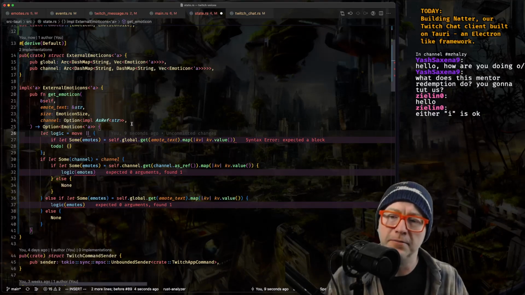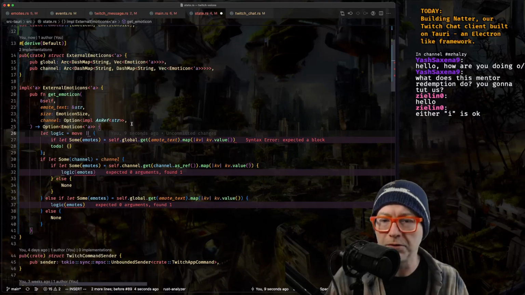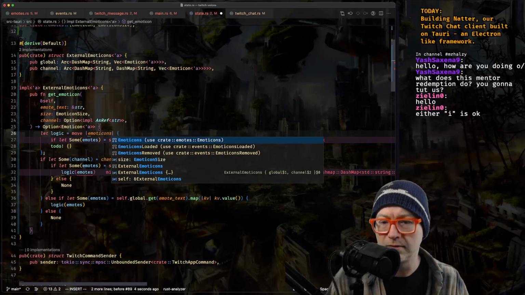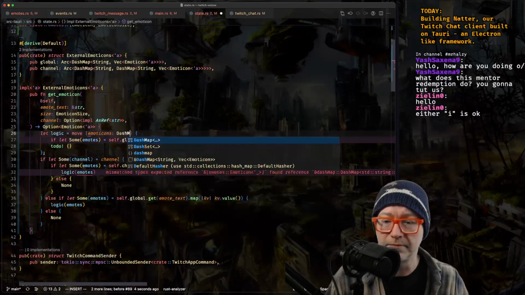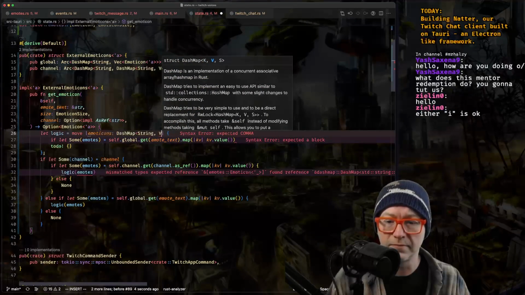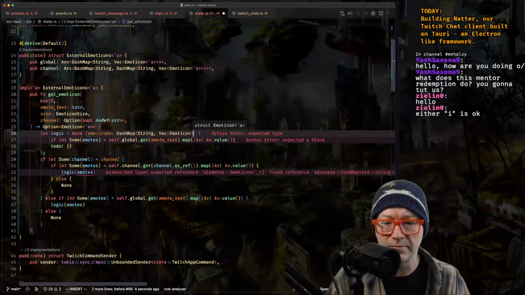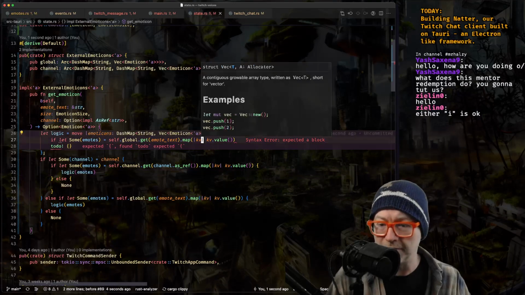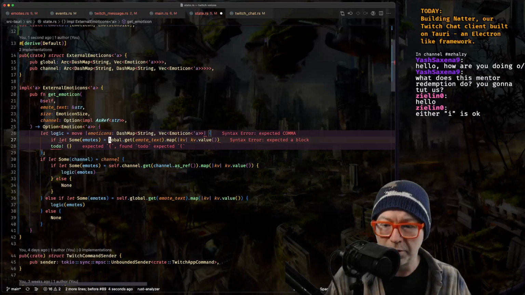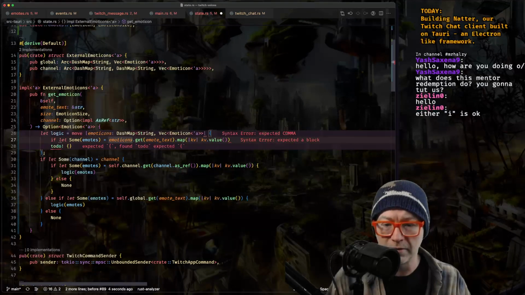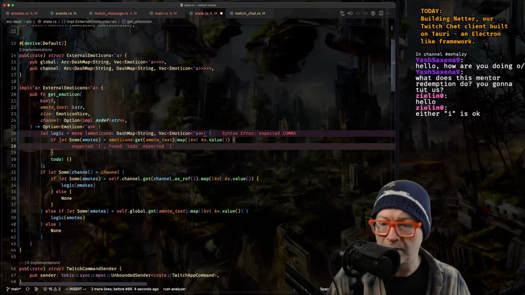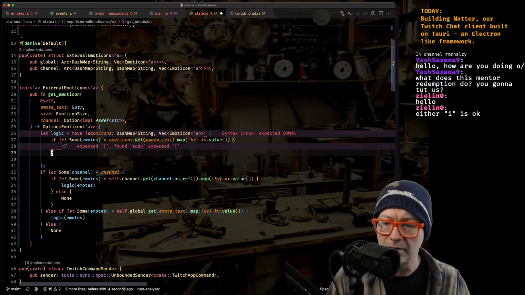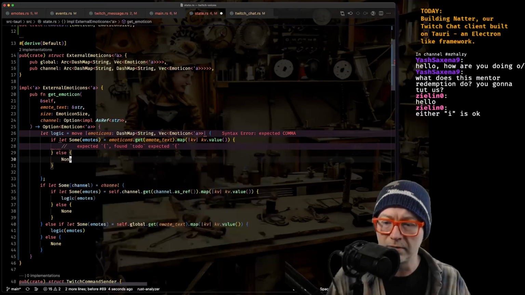Emoticon map. Emoticon set. Emoticons? I don't know. We'll have that, and then we will pick apart the emoticons. Okay. Otherwise, we return none. Okay.